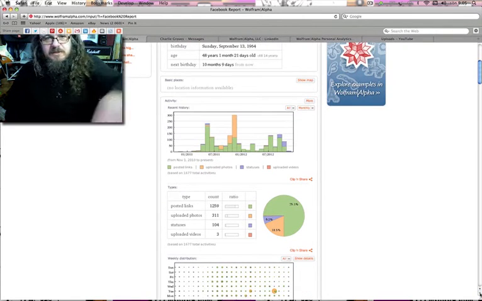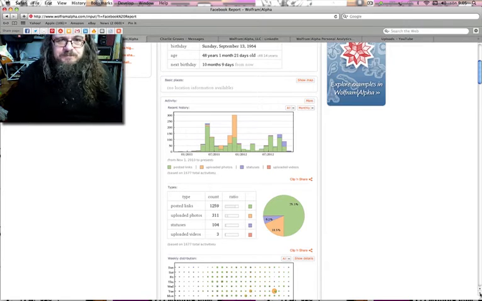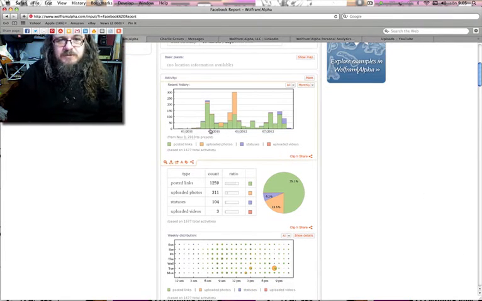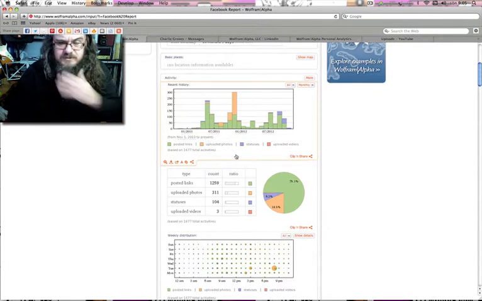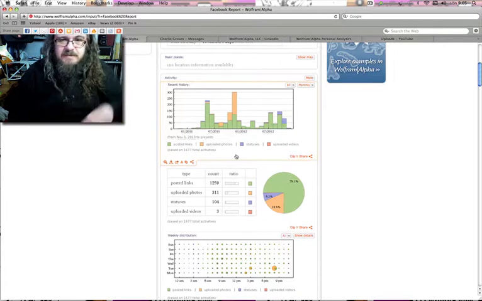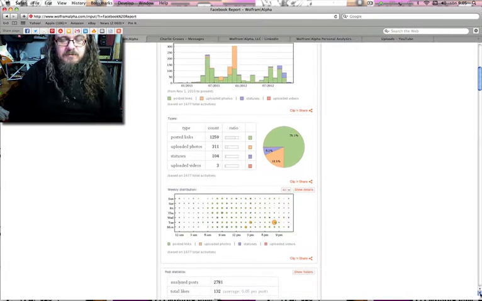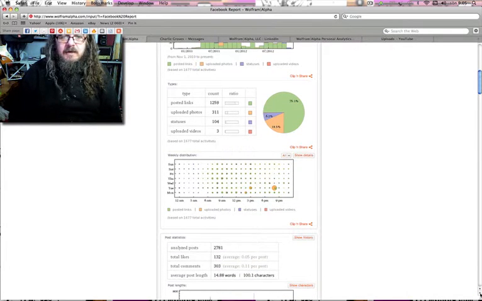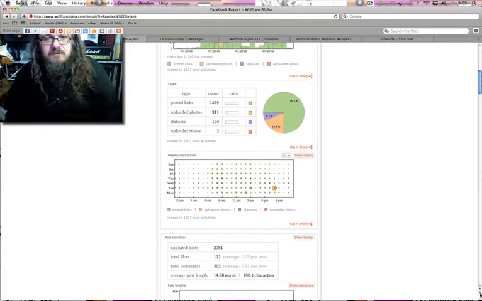It's quite interesting stuff really. I haven't got any place information in there, so I don't know what that bit is. Here we have posted links. I tend to post a lot of links on Facebook. Uploaded photos, I obviously uploaded a bulk of them there. We keep our photos on a server here and have the checkered past of various crashes and whatnot, so I tend to keep some scattered around the web. Status updates, uploaded videos, I tend to do links to videos rather than upload them directly to Facebook. And then this gives a pie chart of the percentages there.